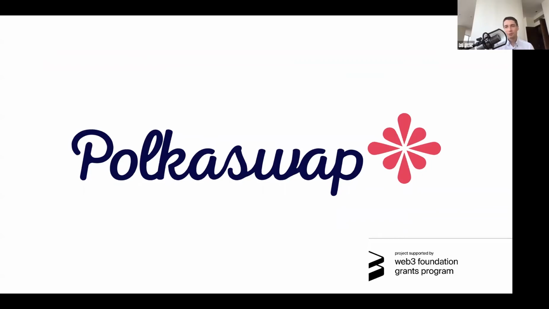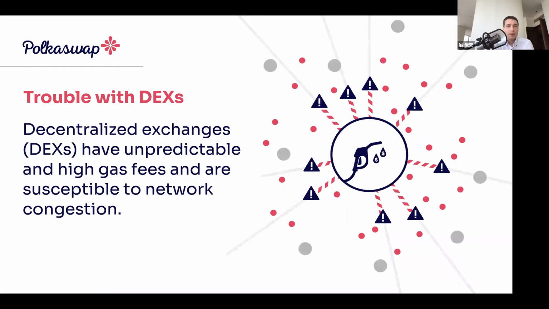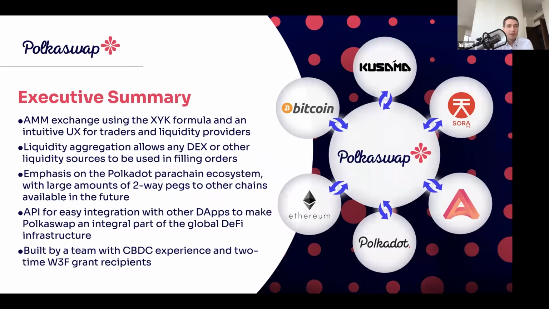Let's talk a little bit about Polkaswap now. As I already showed how it fits into the whole ecosystem, but I haven't really talked about some of the features other than the token bonding curve. But there's a lot of cool stuff there. Also, it's funded by a grant from Web3 that we got to start development about a year ago. So Polkaswap is an automatic market making constant product DEX similar to Uniswap, with some really cool tokenomics built in related to the SORA ecosystem and bridges to many other platforms.